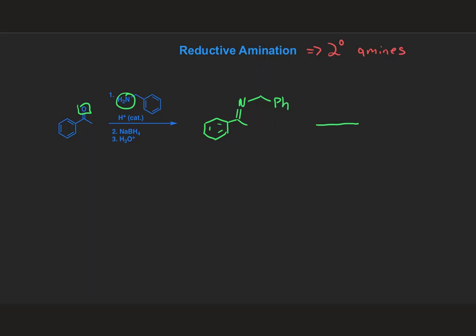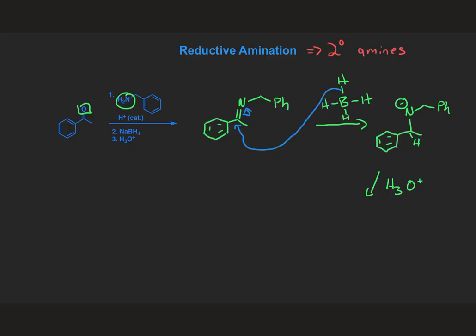And so if we draw out borohydride, these electrons in this boron-hydrogen bond can attack the imine carbon and kick some electrons up to that nitrogen, and that's going to form this compound with a negatively charged nitrogen, and then in a final step,